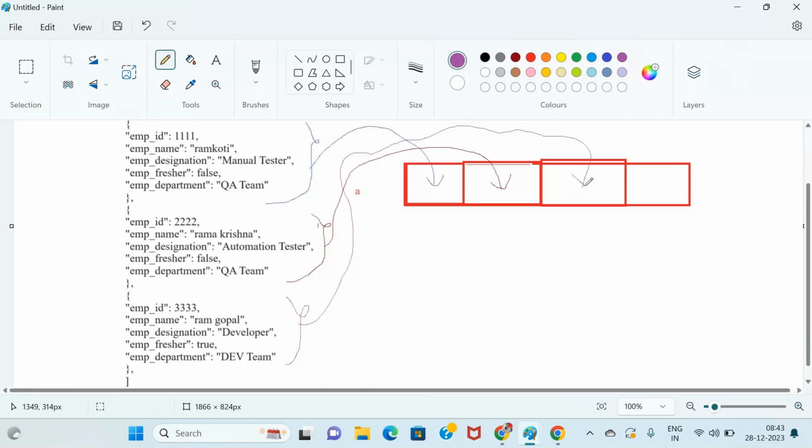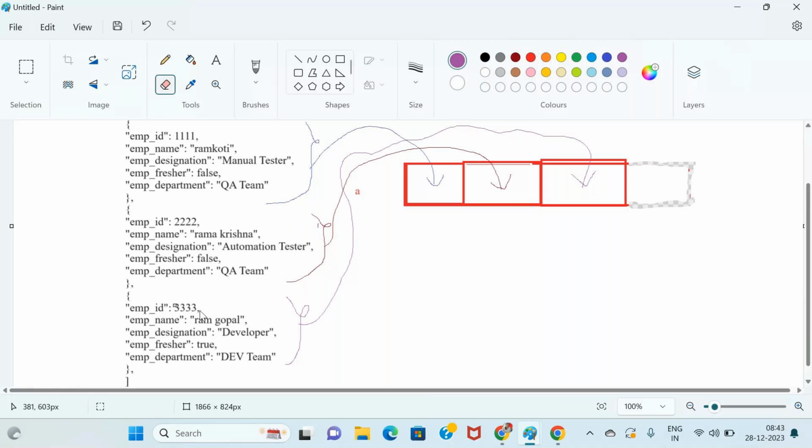So this is how it works. The first data representation will sit here, the second data representation will sit here, and the third data representation will